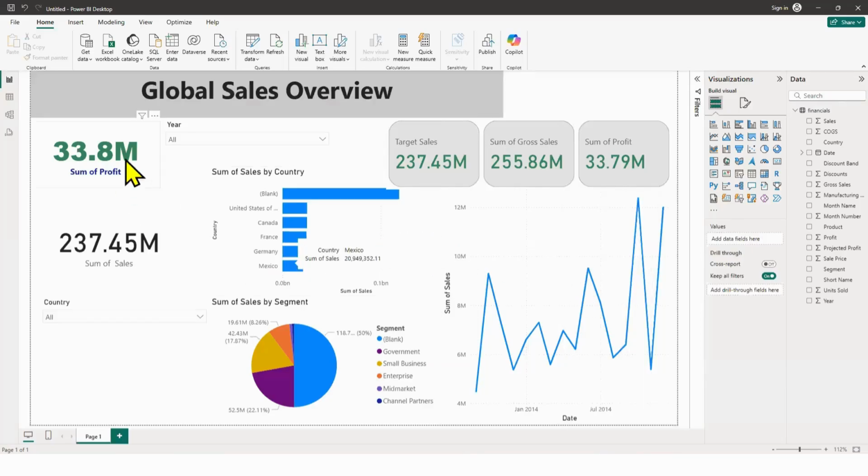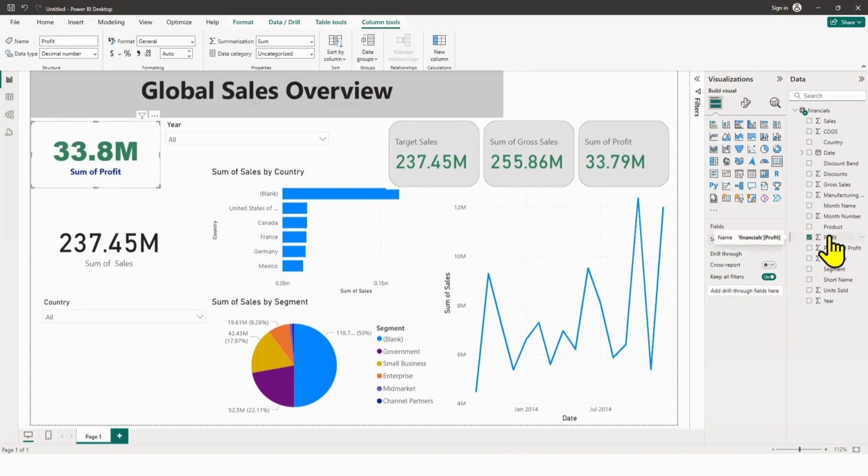For example, I want to format the way my figures are displayed. I know that this is sum of profits, and maybe I want it to show the currency symbol. I want it to be formatted to two decimal places, so that anywhere I'm using that particular field, that formatting is applied. So what will I do? I just click on the field profits, and then we can see the options at the top right part of the screen. I just click on this drop down arrow beside the dollar sign,